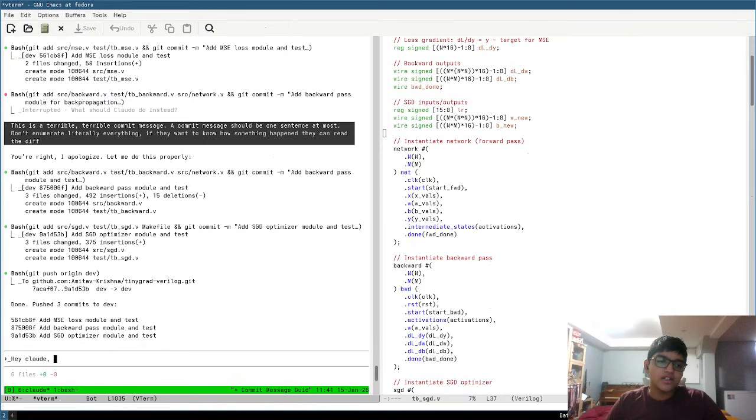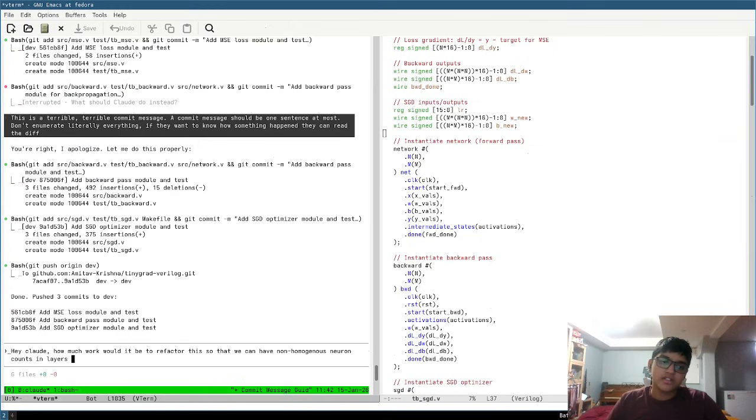Hey Claude. How much work would it be to refactor this so that we can have non-homogeneous neuron counts in layers, e.g., 2 inputs to 3 neurons, 1 output. Right now,